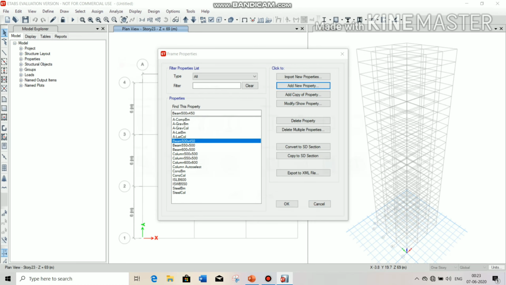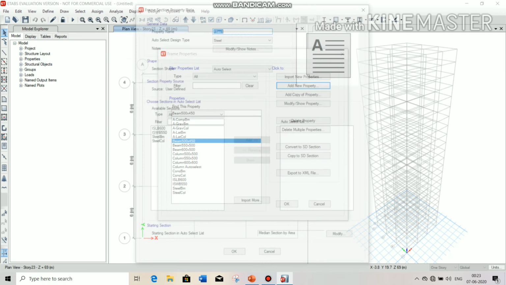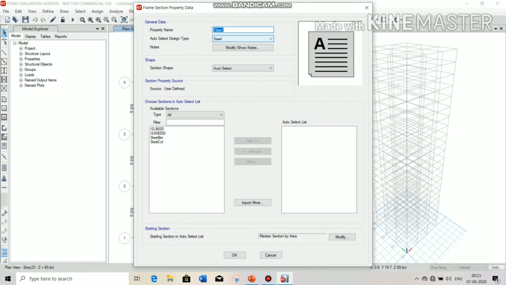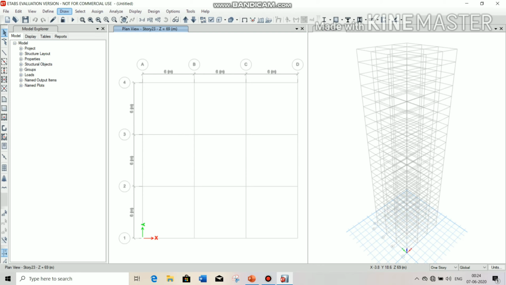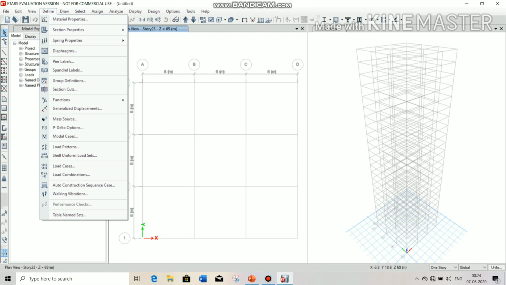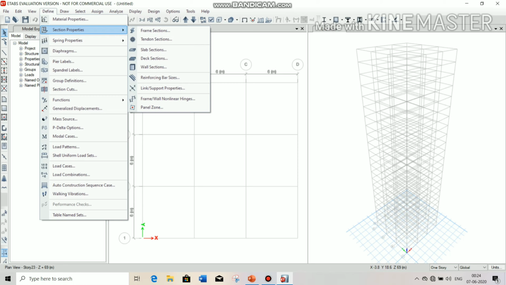Similarly go to add new property, select auto select list and give its name. Choose concrete from here, select all the beams option, click on add and now click on OK. Here you can see beam auto select is shown. Now click on OK.